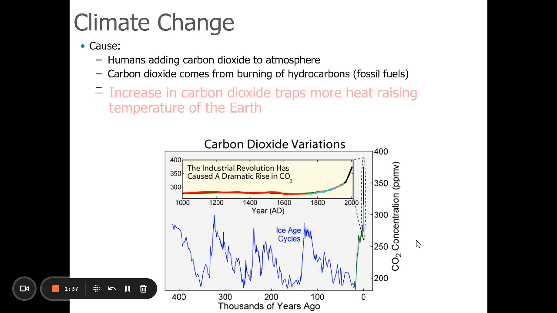So yes, climate change is humans impacting the overall climate of the Earth. And it's because Ryan mentioned this term greenhouse gases. We'll talk about that in a second. One of them is carbon dioxide. If we look at this graph, well, I'll let you finish writing so you can look at this.